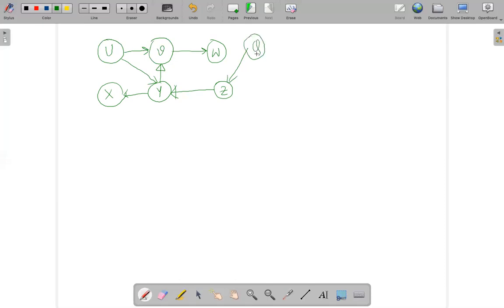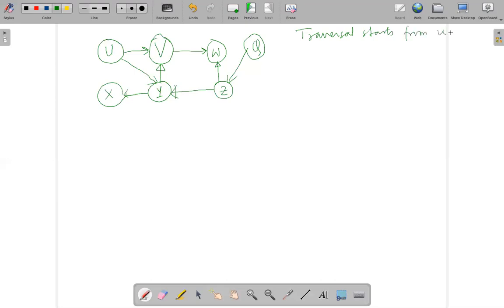So let us assume that this is our graph. To start with, this is a directed graph with directed edges, okay, and we start, say, our exploration or our traversal from U. So traversal starts from